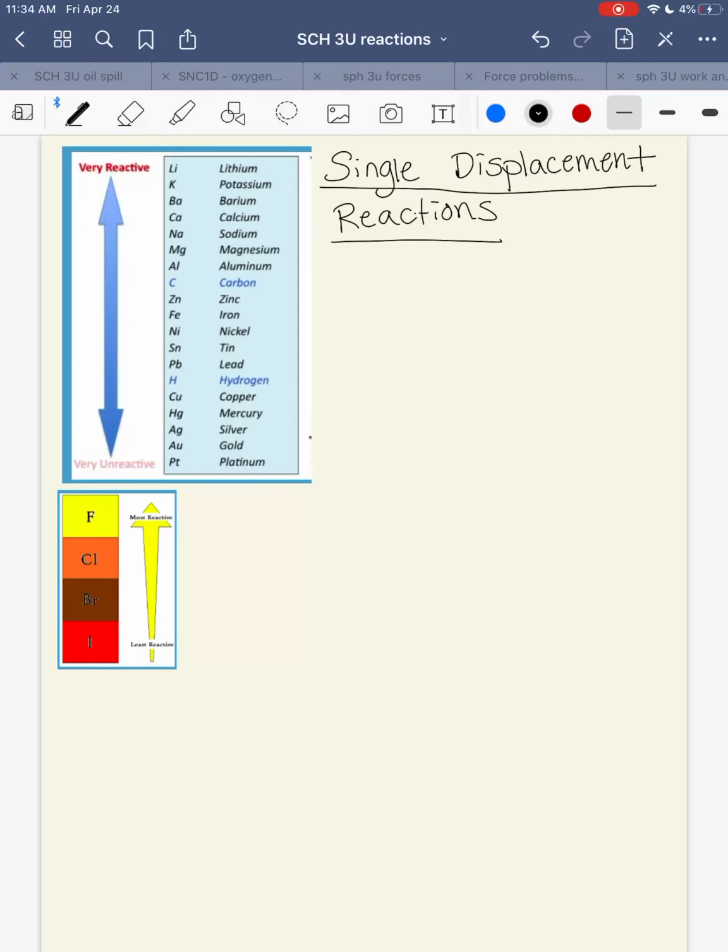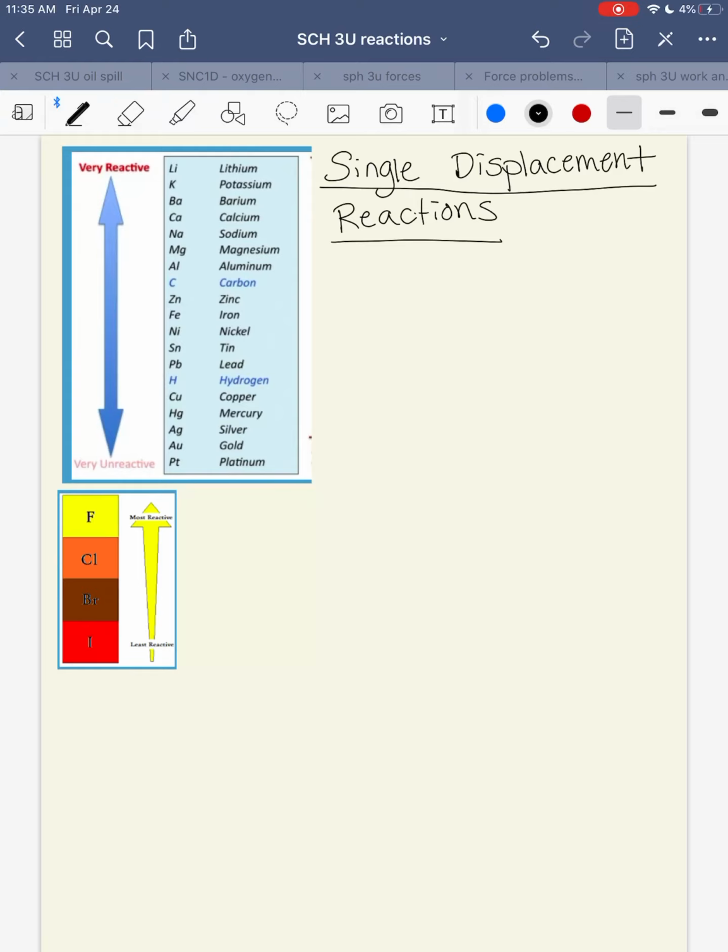So this video lesson is looking at single displacement reactions: predicting whether a single displacement reaction is actually going to happen and what the products are going to be for a single displacement reaction. In order to predict products for single displacement reactions, we need to use some pictures,